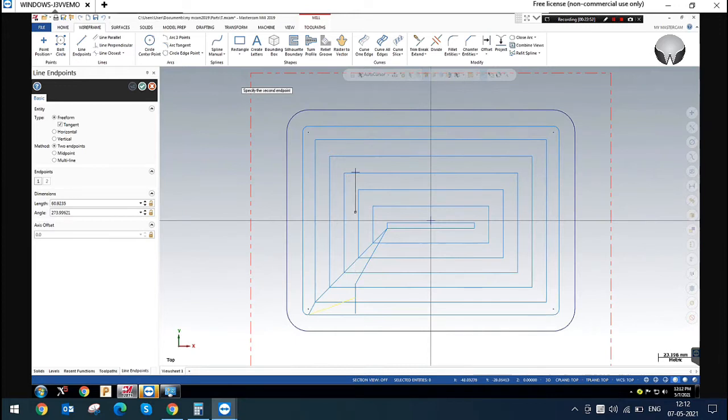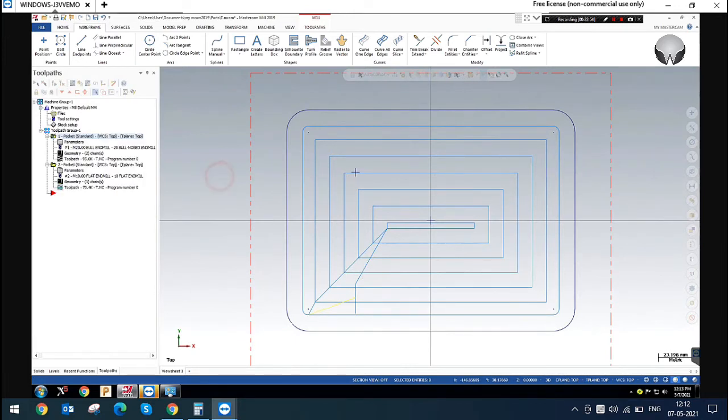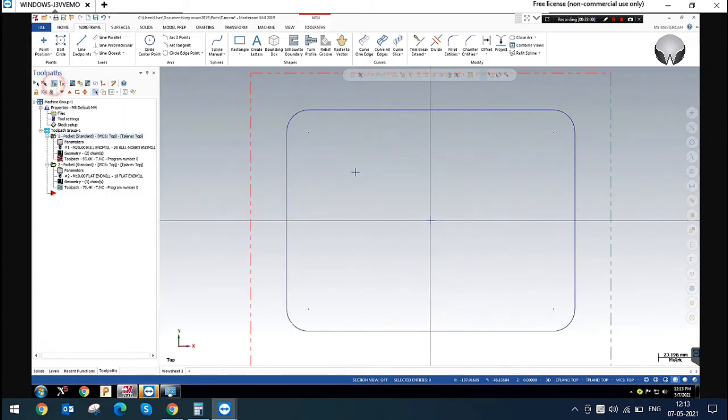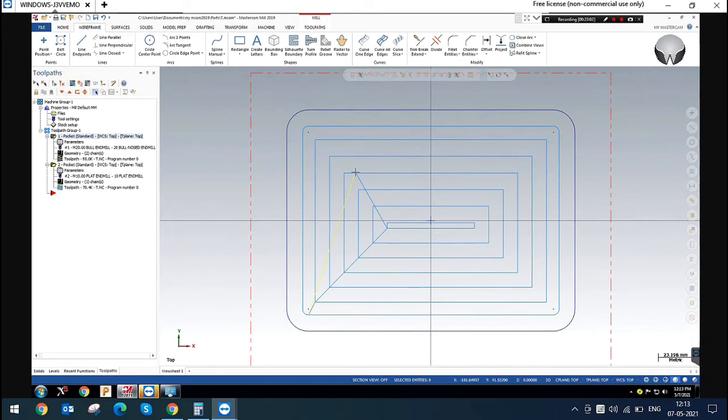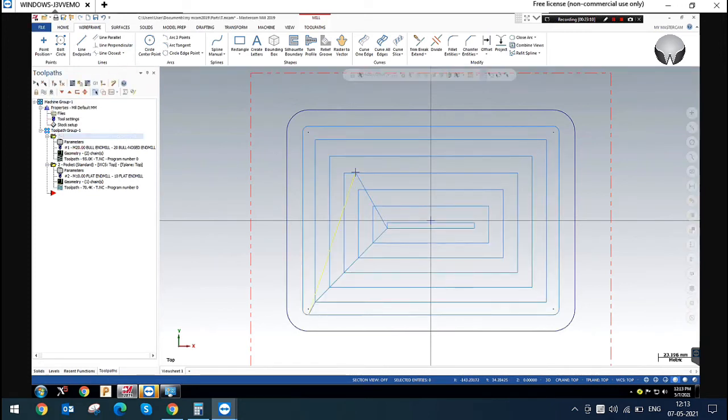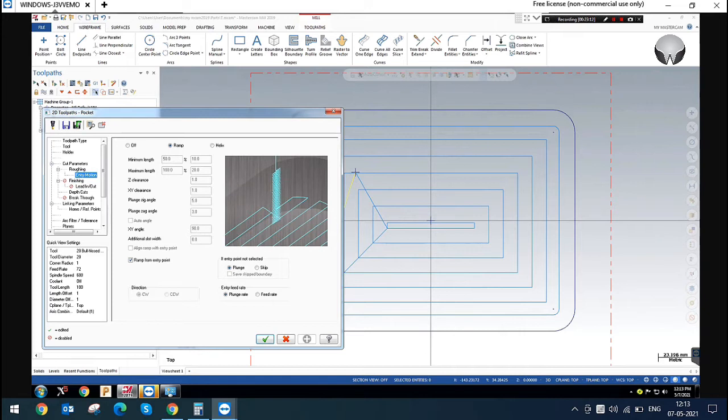If you need the ramp from that point, you can simply enable that. Now the ramp will be from this point. There is also an option for entry motion, ramping motion and helix motion.